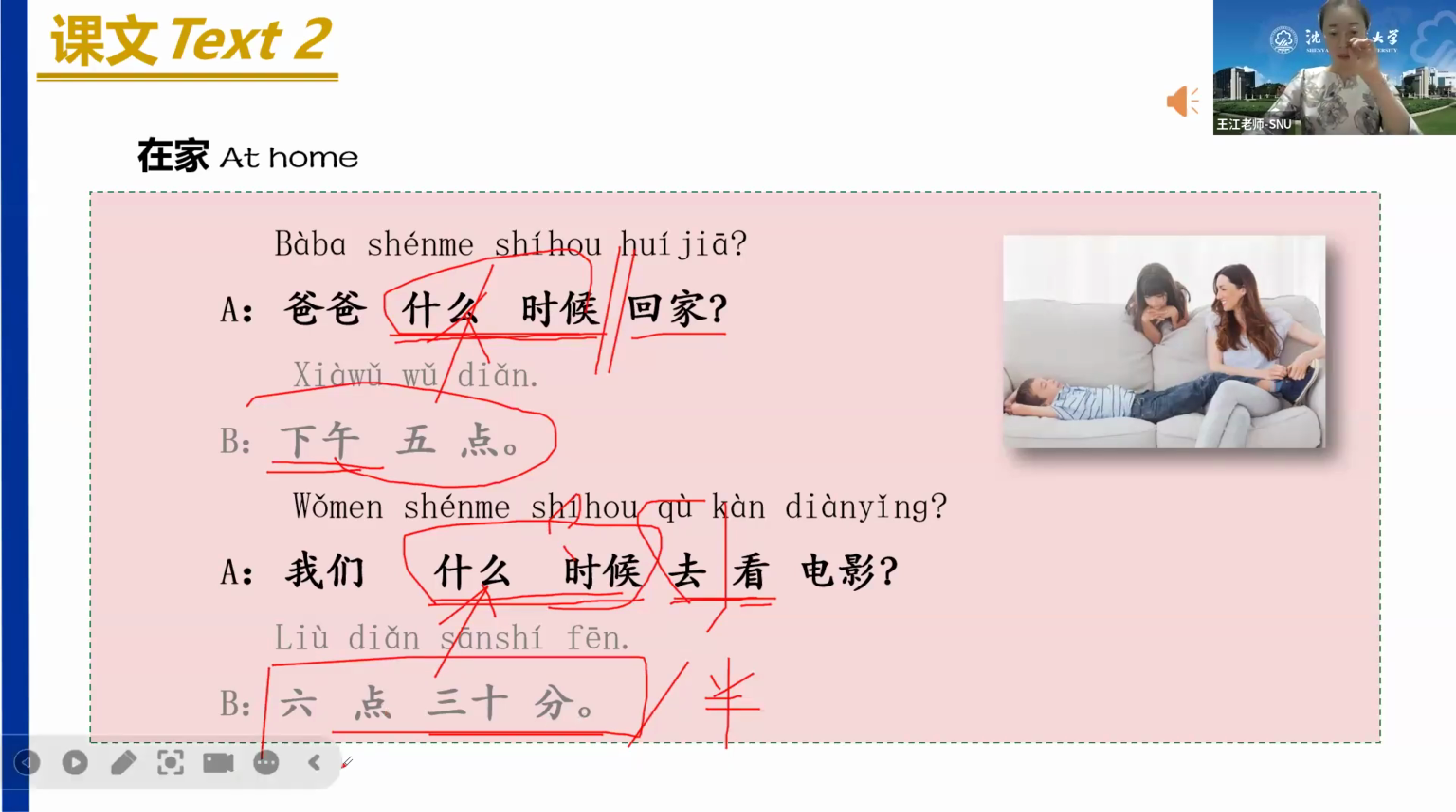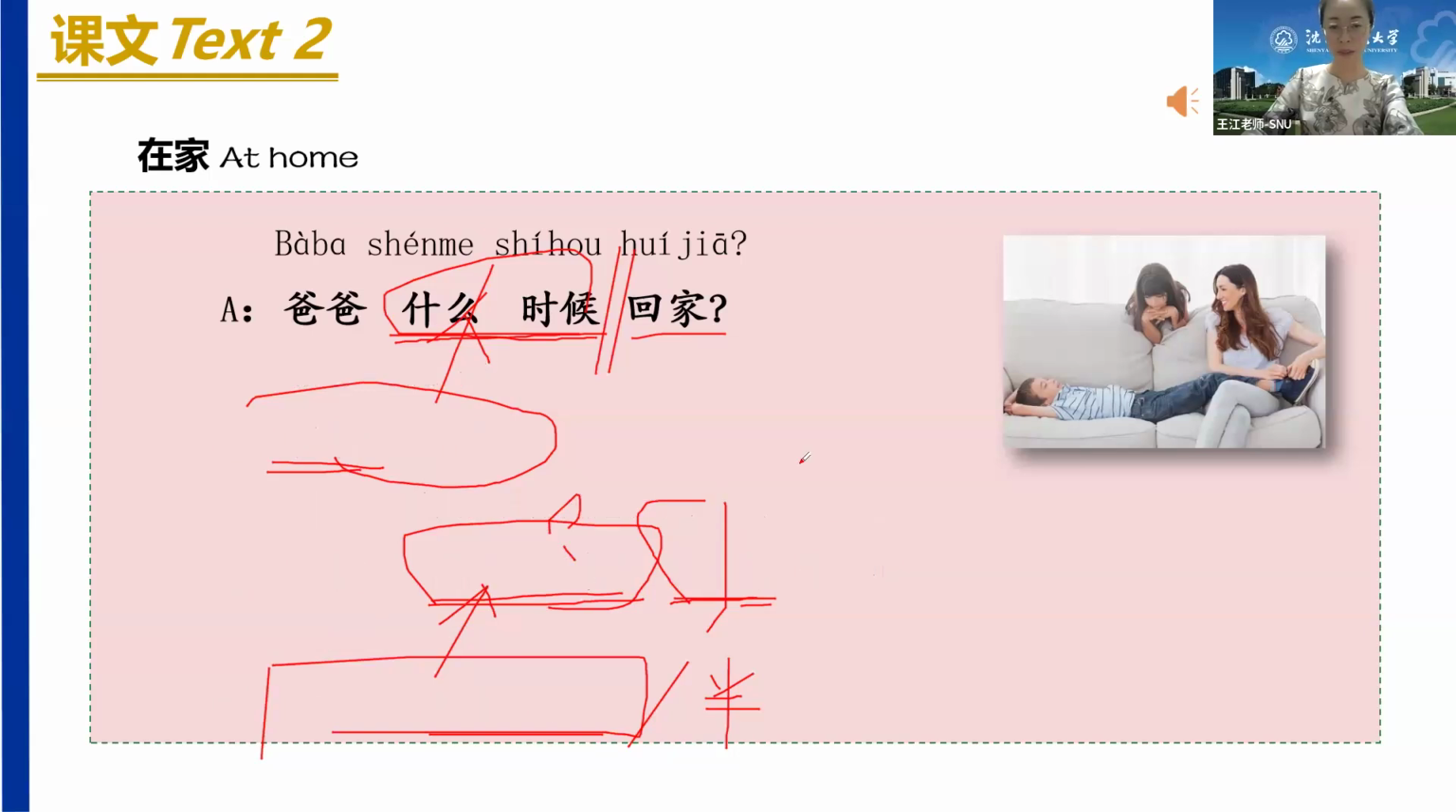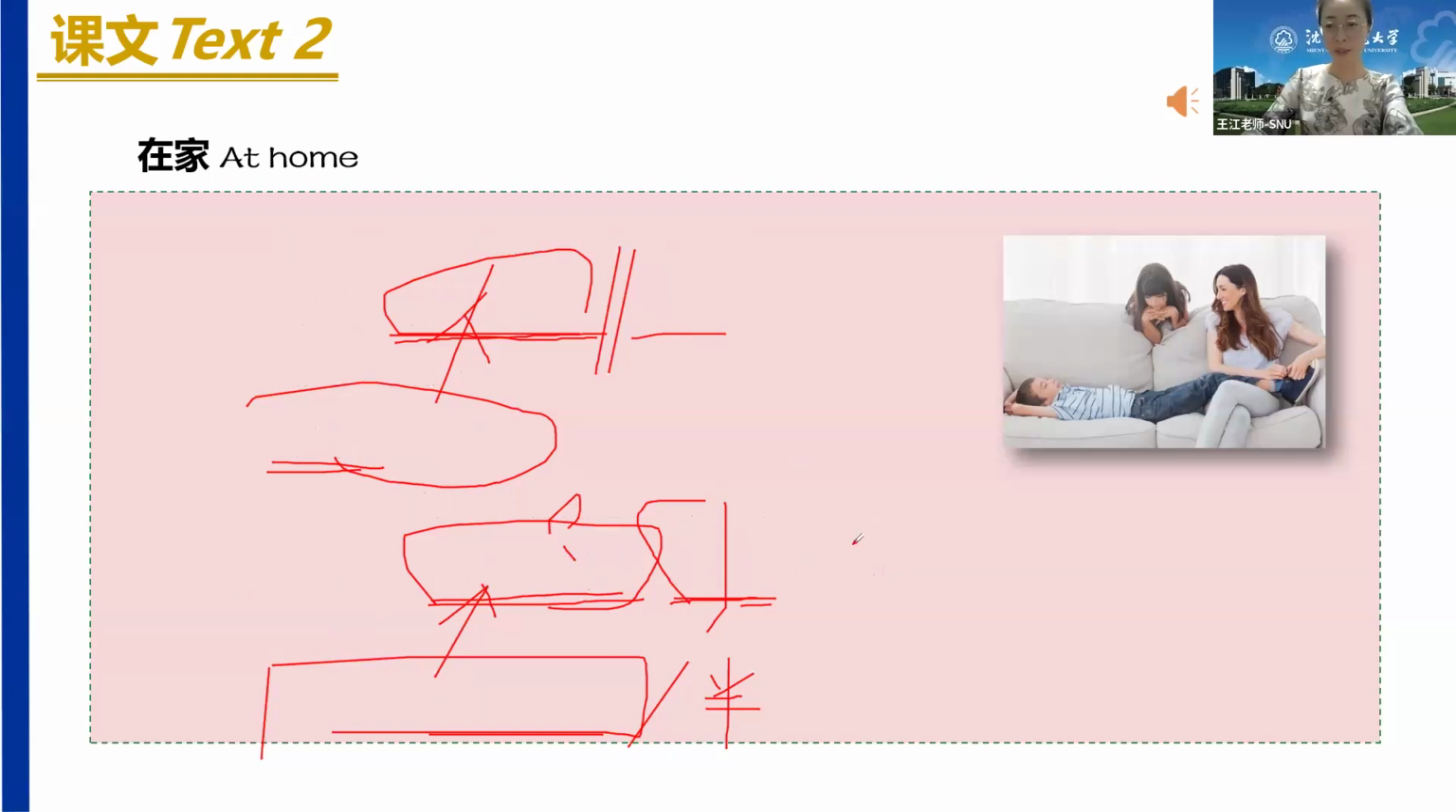6:30. Okay, so let's see if you have memorized the text. So please, I will ask 2 students to make the dialogue of text 2. Savara Javid, you are A. Yasser, you are B. Please